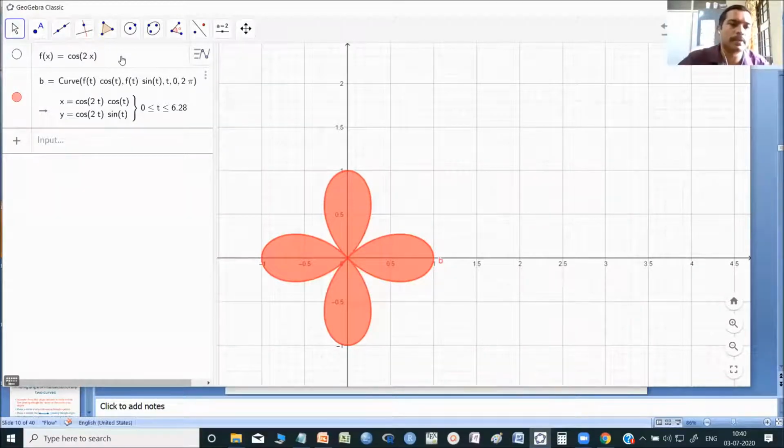Once this setup is ready, we are able to trace all the polar curves within 1 or 2 minutes. I have to change the function f of x as cos 2 theta, sin 2 theta, whatever we want. So this is the four-leaved rose. The previous one is the cardioid. So the Cartesian, parametric, and polar ways of representing curves are over.